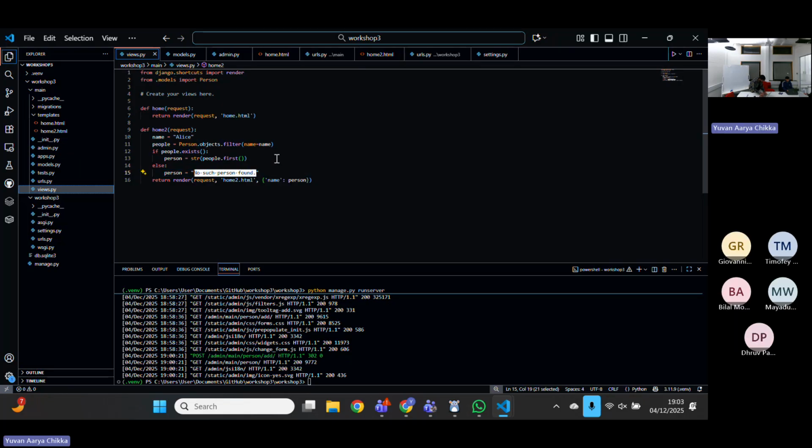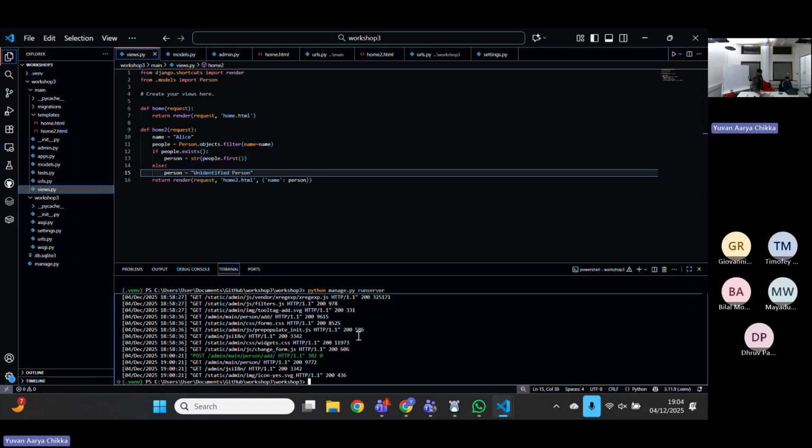We're going to do unidentified person. Okay, so now we have this logic here, and you can kind of see how this works, right? Again, Python very readable, very easy to understand. So now if we run this server again,